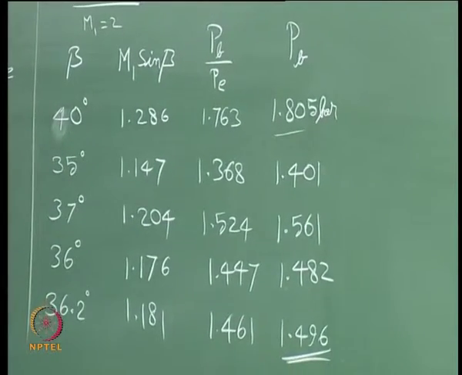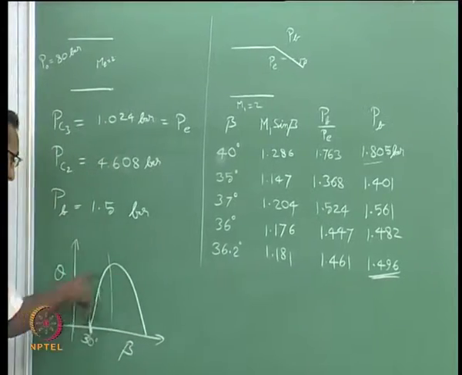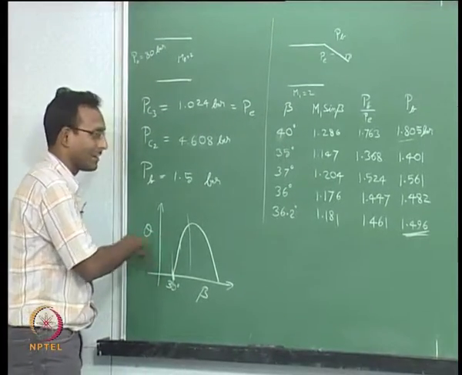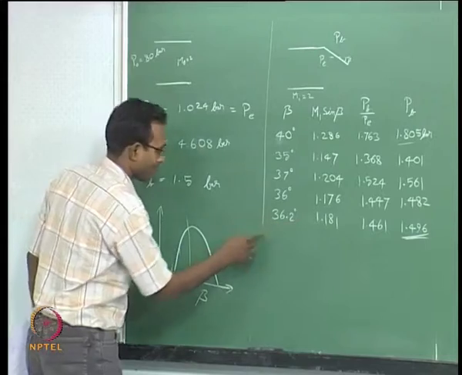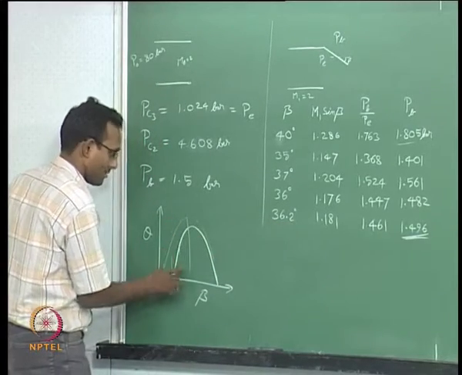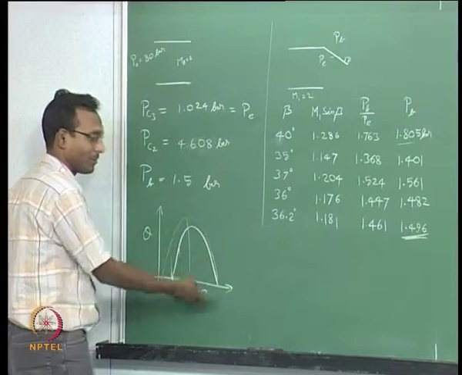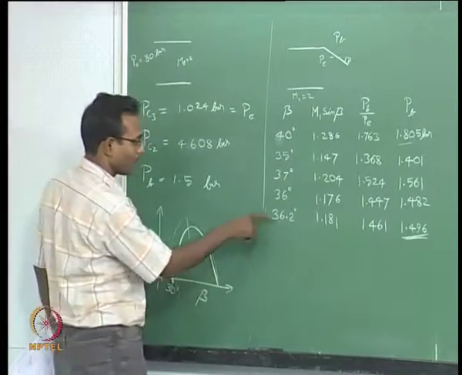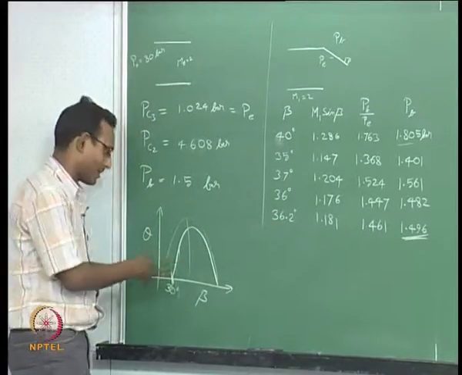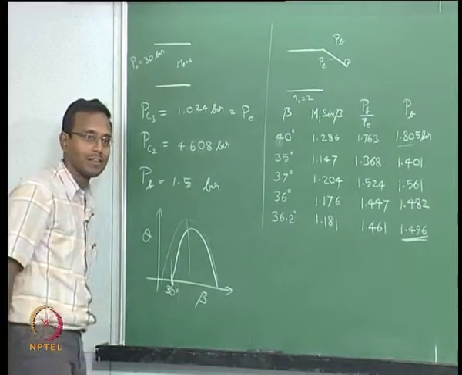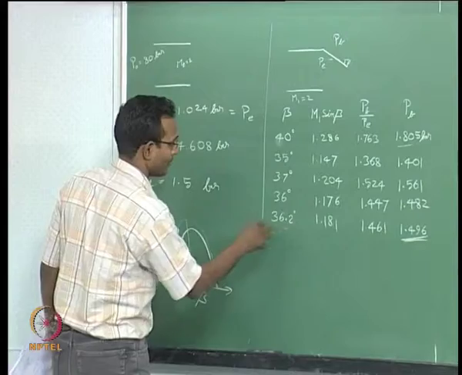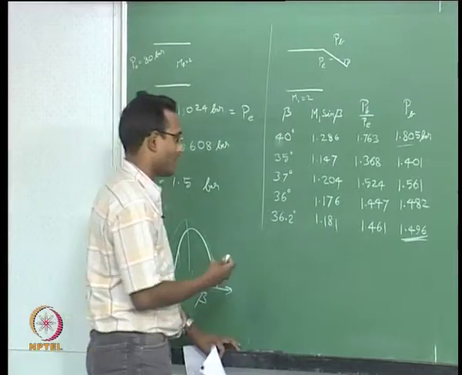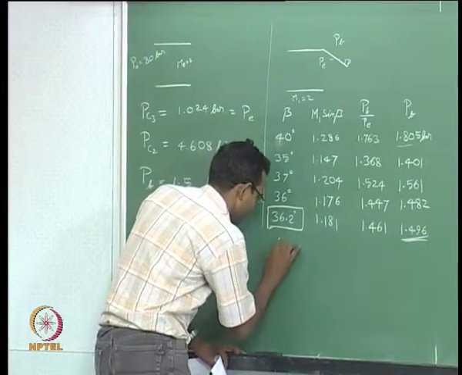I stop there, because with my theta beta M curves we do not have so much accuracy in our theta values. When I go for beta values of this kind, typically we get curves for M equal to 2, M equal to 3, M equal to 4, like that, and the resolution typically is every 2 degrees, and I am thinking about 0.2 degrees here, which itself I cannot read from this kind of chart. So, I do not really have to go to this accuracy, I should be able to stop at 36 and say it is close to 36. I just went a little far, and I am going to say this is my beta value.